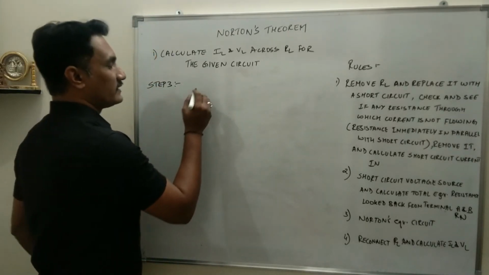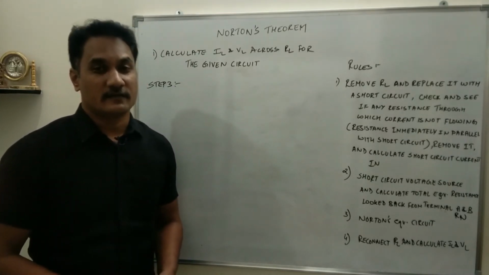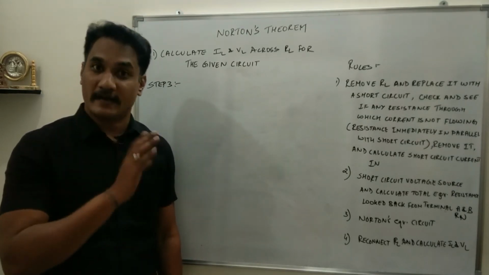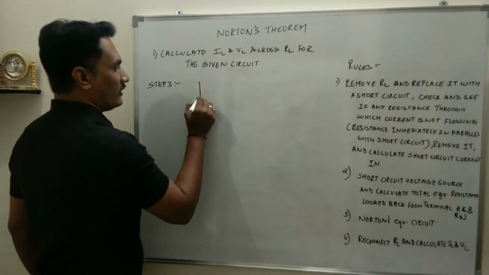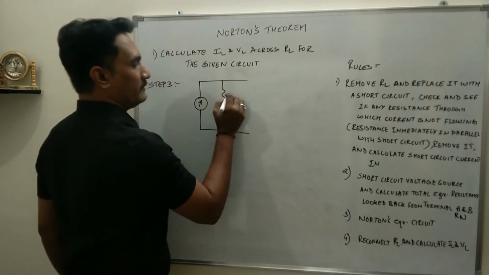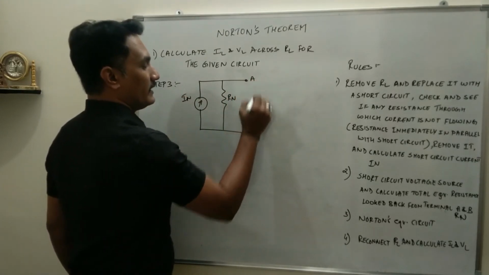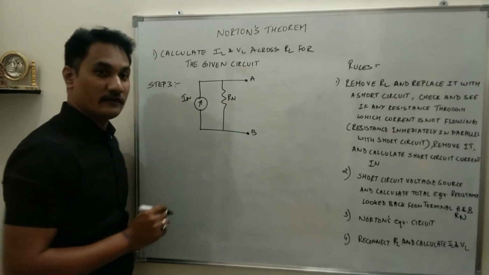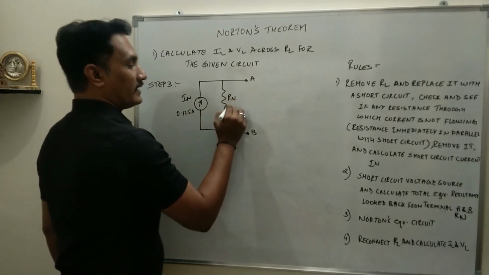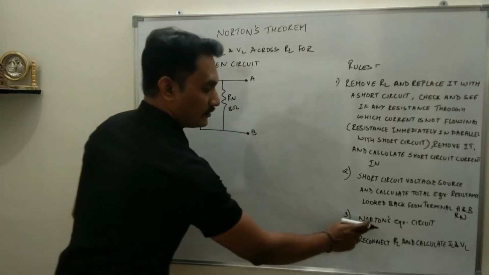So Norton's equivalent circuit, just refresh yourself with the Norton statement. Complex network is converted into one single current source and one single resistance. That resistance should be connected in parallel to the current source. So simply draw a current source and a resistance in parallel. This is Rn, this is In. Let this be terminal A and B. And we calculated the value of In, which was 0.125 ampere, and Rn was 8 ohms. Okay, so the last step, this is the third step, Norton's equivalent circuit.